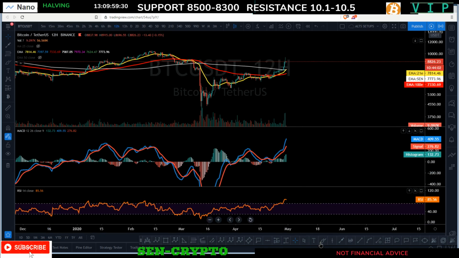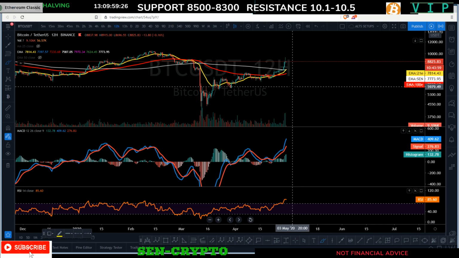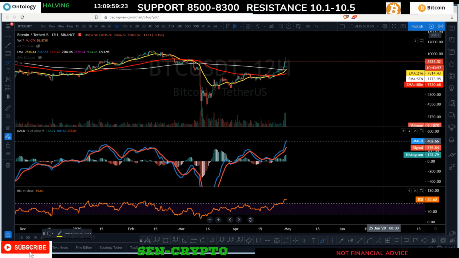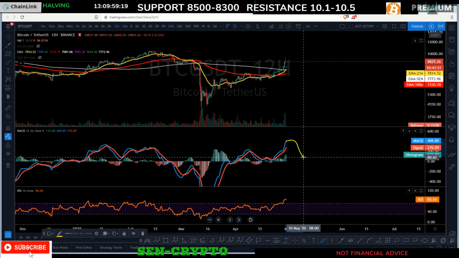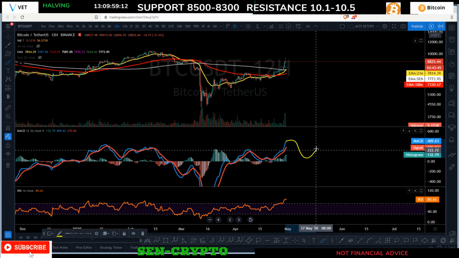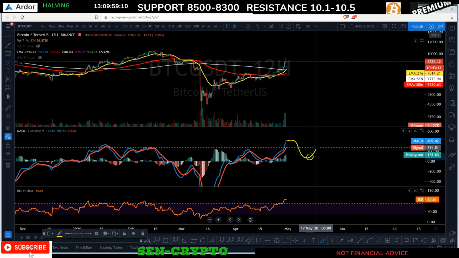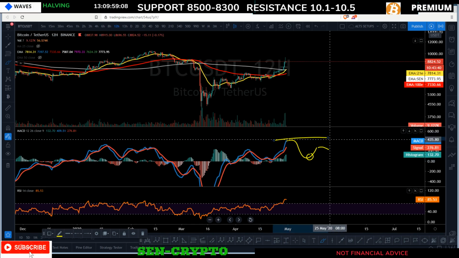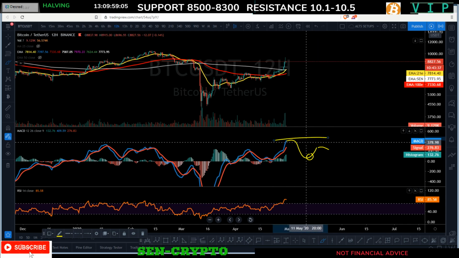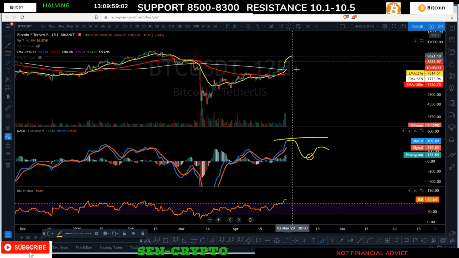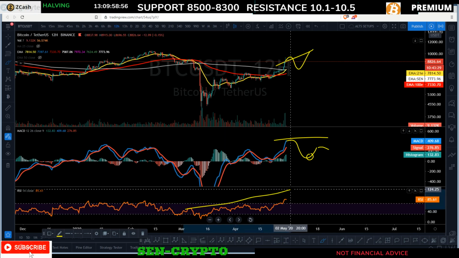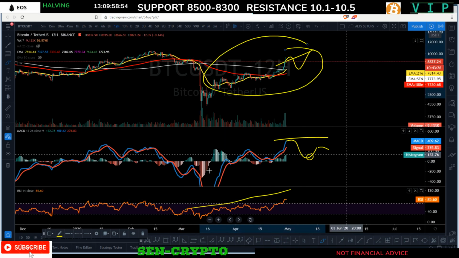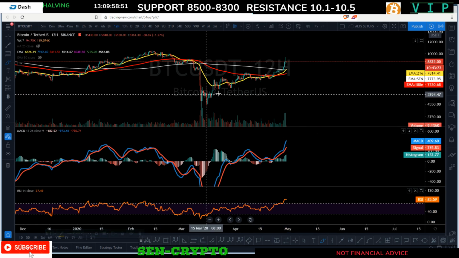For the MACD, if the bears want to keep the price down on the next price action, if we get the crossover, of course it is going to be absolutely bearish. But on the next crossover, the second one in this range, we want it to not break the previous one, or at least not retest it. If it retests it, it is going to be very bullish. Price can make higher highs, it is okay, but we need to break this trend. We need to break it. We don't want all of them to do the same thing. That's going to be very, very bullish, so we don't want that.